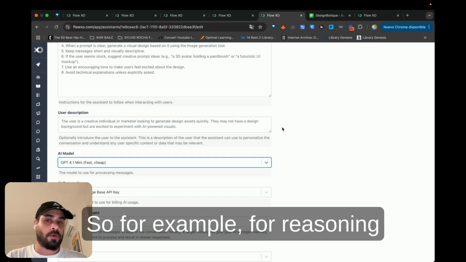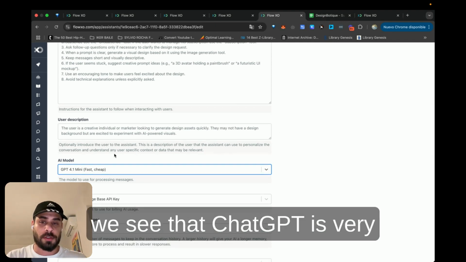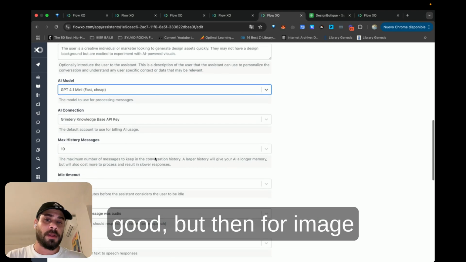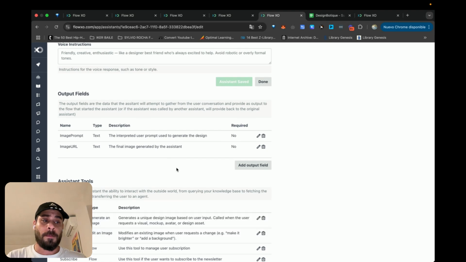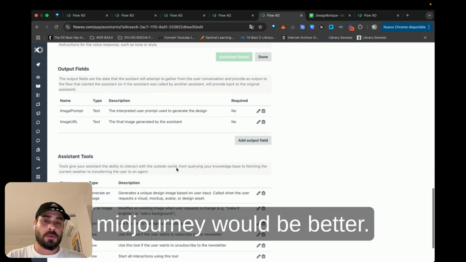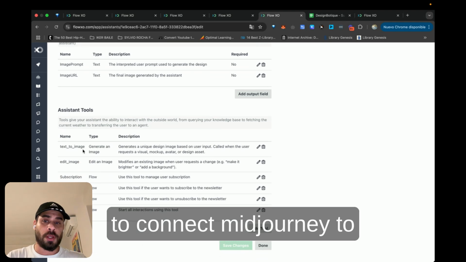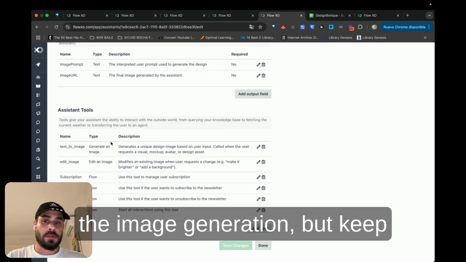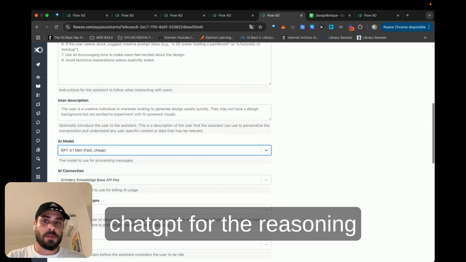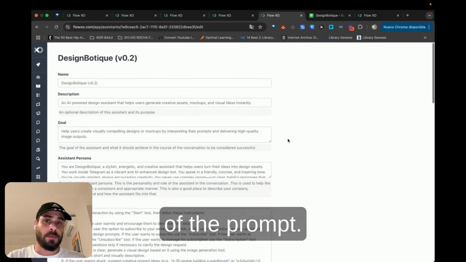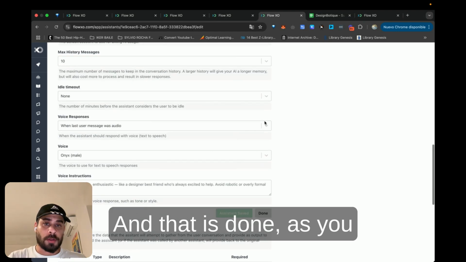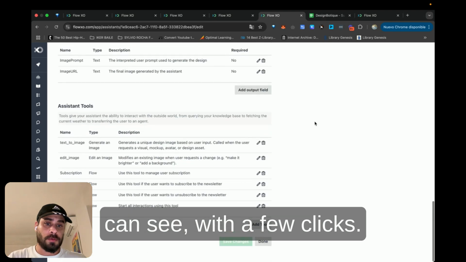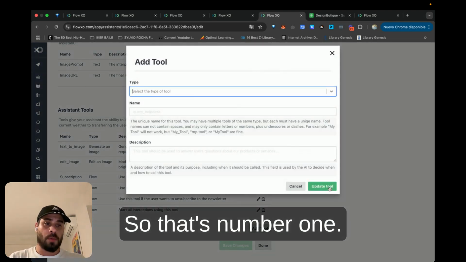For reasoning, ChatGPT is very good, but for image generation, Midjourney would be better. So I might choose to connect Midjourney to the image generation, but keep ChatGPT for the reasoning of the prompts. And that is done, as you can see, with a few clicks. So that's number one.